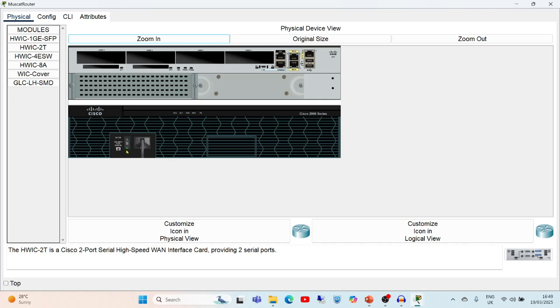Now see, here you will be able to identify the button. Here it's showing a green line, which means that the switch is on right now. So just turn this switch off and drag and drop this interface card into any available slot. Here there are 1, 2, 3, 4 slots. In any slot you can drag and drop this interface card. After placing that interface card, you have to turn the switch on again. Now we have inserted the card for the Muscat router.